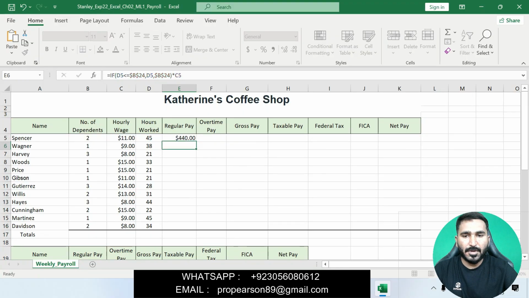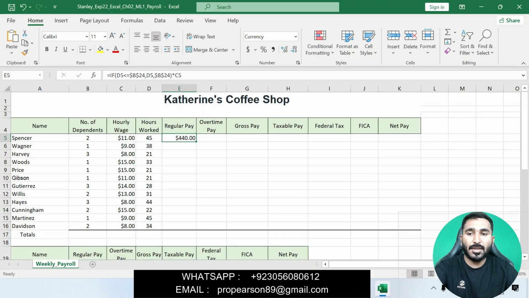Here is C5, then press enter. It will find the regular pay in cell E5. You can see in cell E5 we find the regular pay.